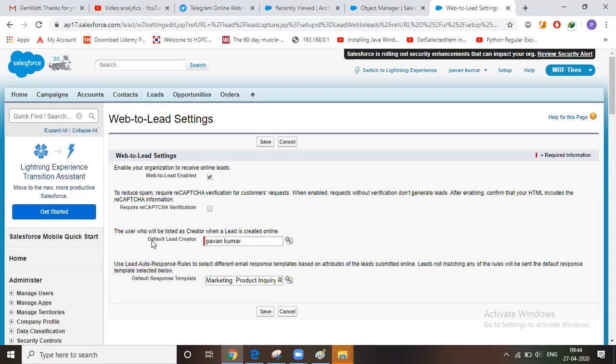As of now the default creator is me, right? I will be receiving mails from 501 onwards. Until a maximum of 500, it will create the records in the leads object. From 501 onwards, I'll be receiving the mails, so after that I'll have to manually insert those records. So that is the limit. If we buy any professional license, the limit will be enhanced. We'll have a higher limit. Okay.